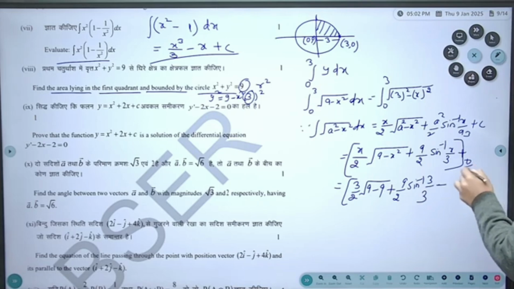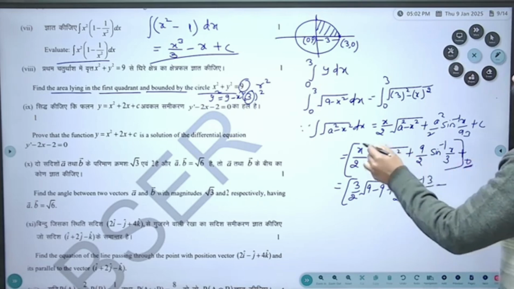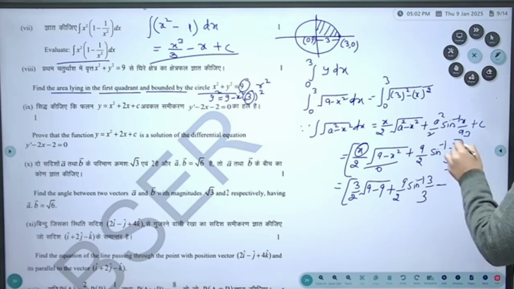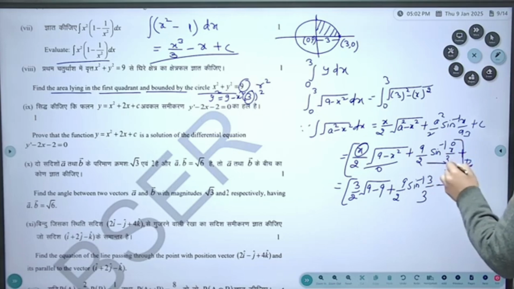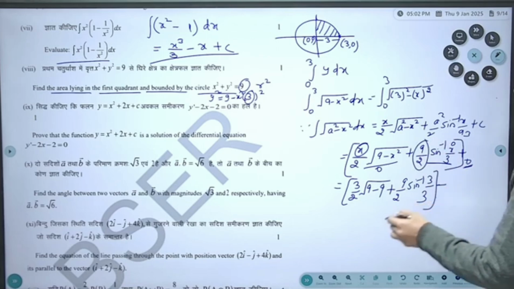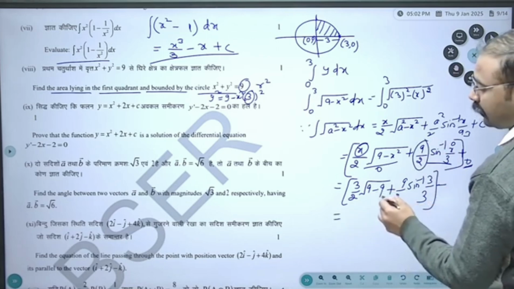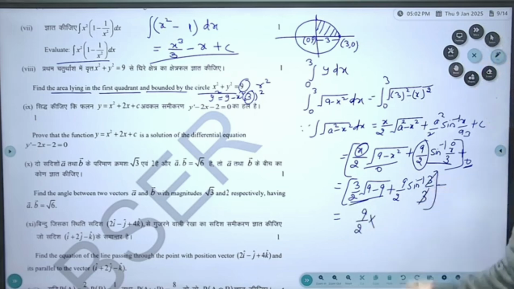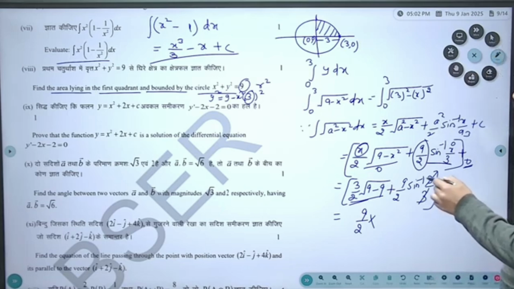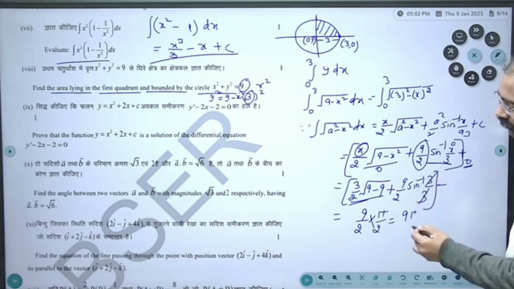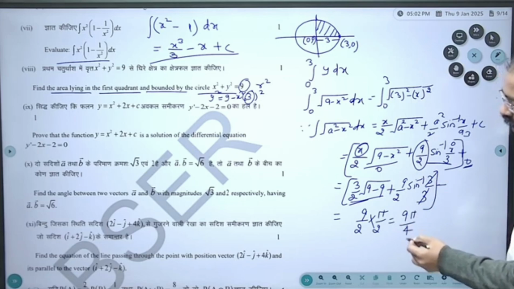Minus, when we apply the lower limit, at the place of x we put 0, this whole term will be 0, and 0 upon 3 and sine inverse 0 will be 0, multiplied by 9 upon 2, this will also be 0. So this 9 minus 9 is 0, this will be cancelled, so 9 upon 2 multiplied by the 3 upon 3 cancels, and the value of sine inverse 1 is pi by 2, so this will be 9 pi by 4